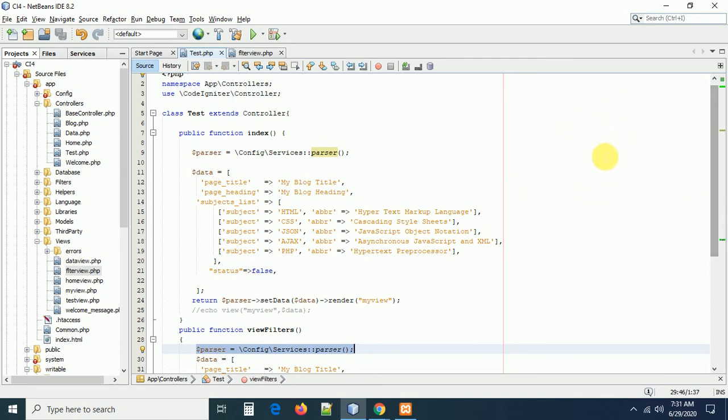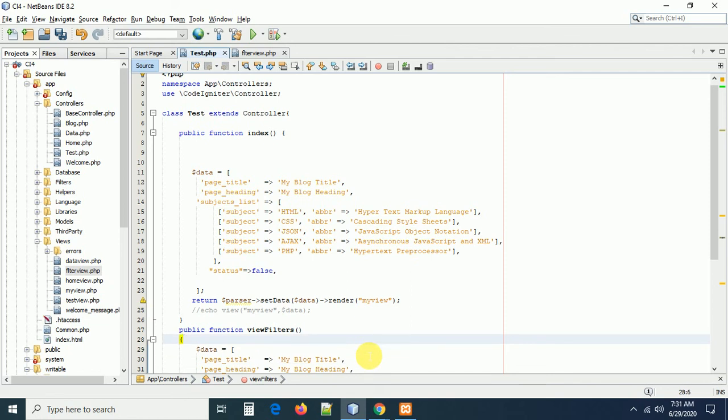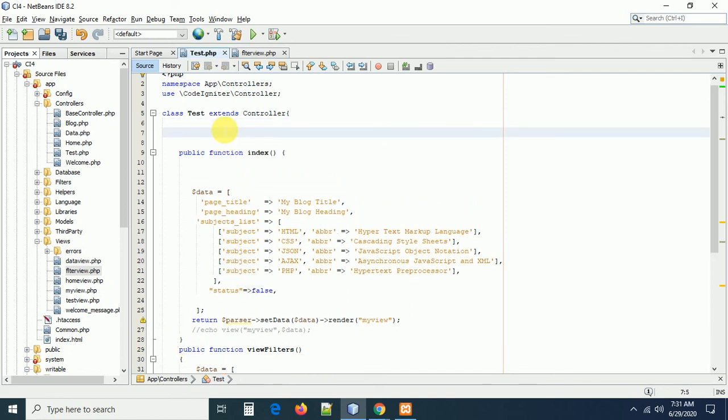But here, what I want to do, let me remove this from here and from here. If we remove the variable from this situation and execute now, this is going to be an error, right? Yeah. So now what I need to do is keep one public variable, public $parser, a variable. So why do we have to take a variable? Because we want to reuse it, right?